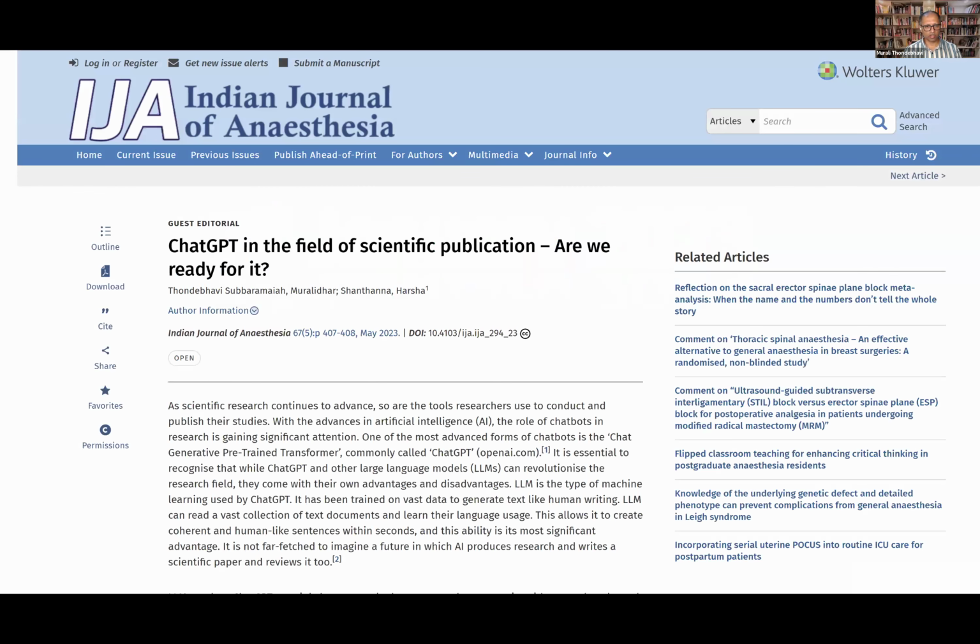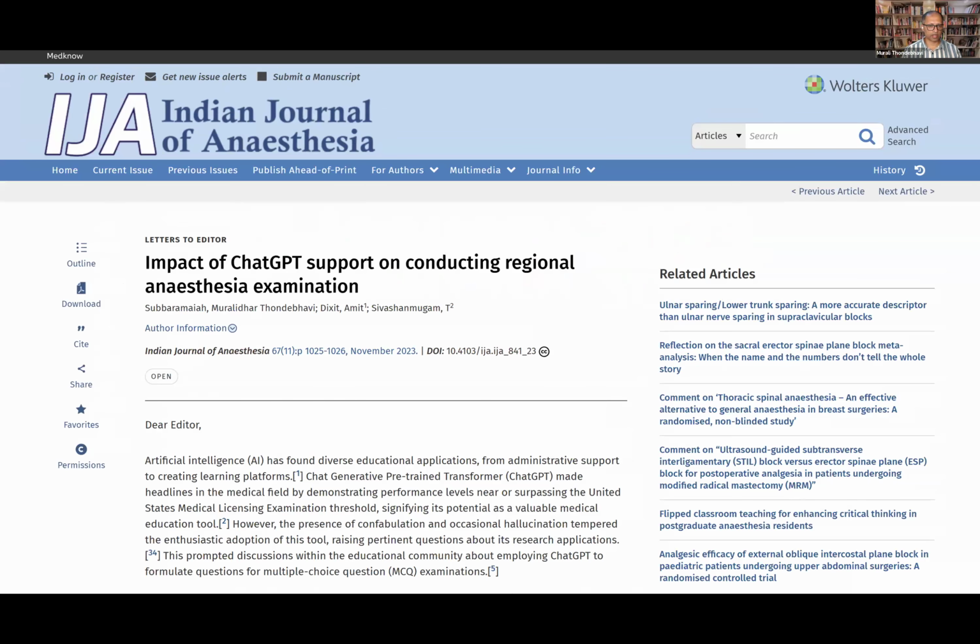Once we went through this, the next thing we did was look at how ChatGPT can influence or impact us in anesthesia. This was an editorial that I wrote immediately after having a chat with Dr. Rakesh and Dr. Harsha, who was from Canada. We also conducted one of our AORA exams using ChatGPT. This was a midterm exam, because this was very new to us, and we started using it in a very big way to see how it can help teaching.